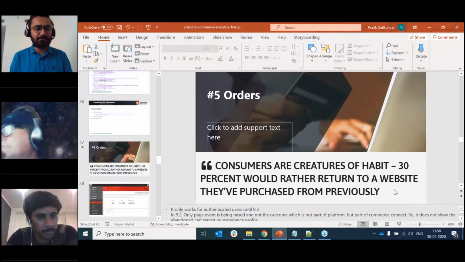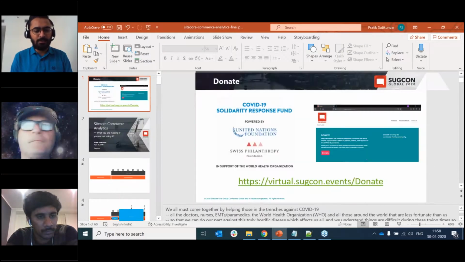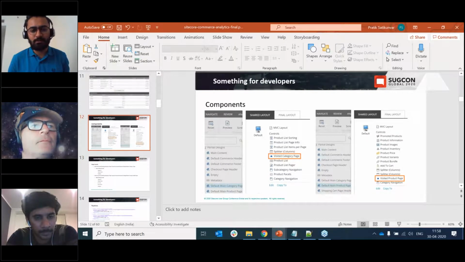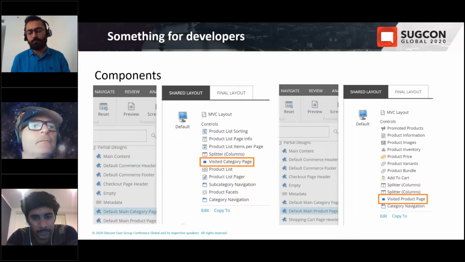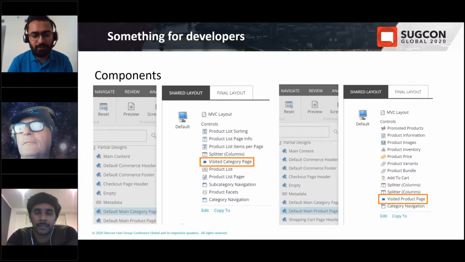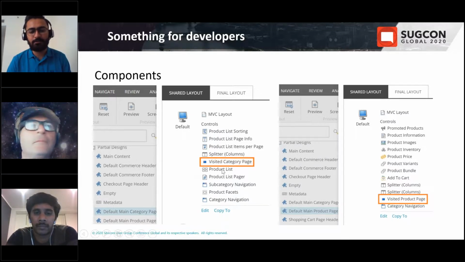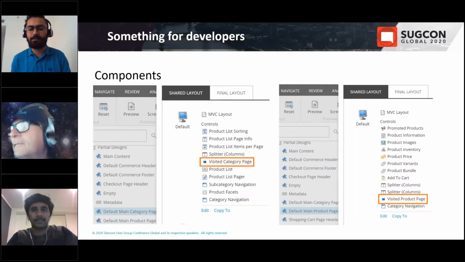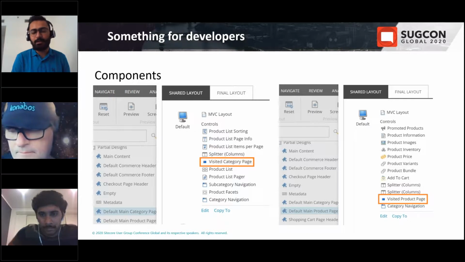Yeah, so as I said just now, for example, this is the simplest approach where we are not performing any operation. We are just landing on a category or product page, so we have specified a specific component which does only this operation, which is raising the event. This is the event from where we'll be raising the pipeline. The pipeline will use this analytics data, and then that data will be stored to the contact.